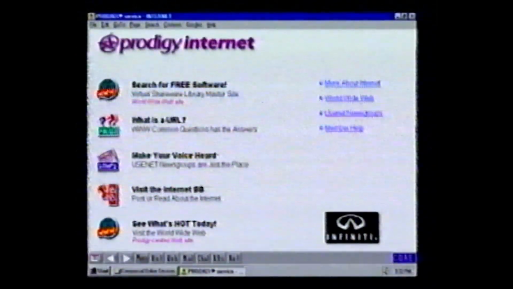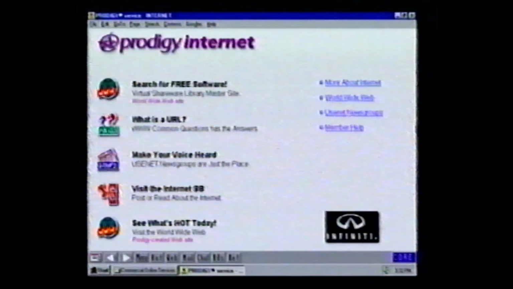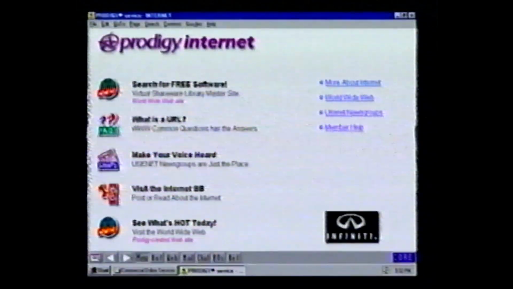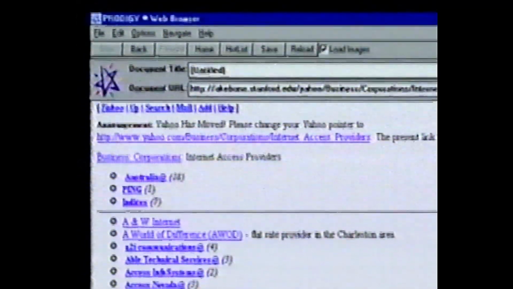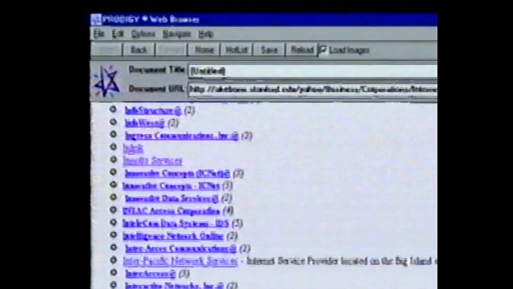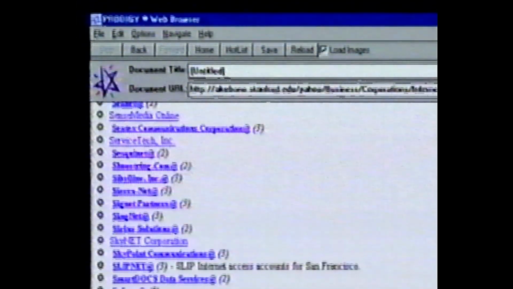I subscribe to a commercial online service. As you can see, my service has an Internet Gateway feature that can be used to locate internet access provider lists that are located on the web. An extensive list of hundreds of internet access providers can be located by doing a search for Internet Access Providers. We'll talk about searching the web with web searching tools later in this tutorial.